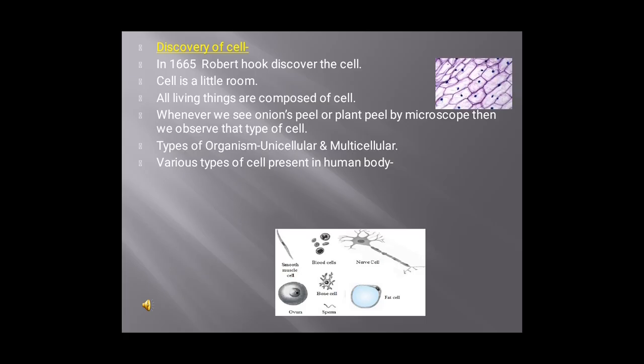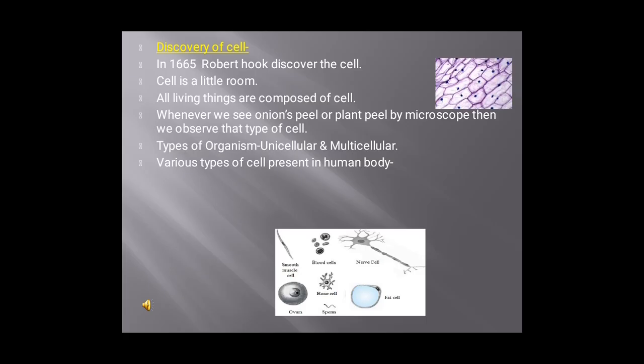And when we observe peels of onions of different sizes, what do we observe? These structures look similar to each other, and together they form a big structure like an onion bulb. These small structures that we see are the basic building unit of the onion bulb. These structures are called cells. Not only onions, but all organisms that we observe around us are made up of cells, and they can be unicellular or multicellular.